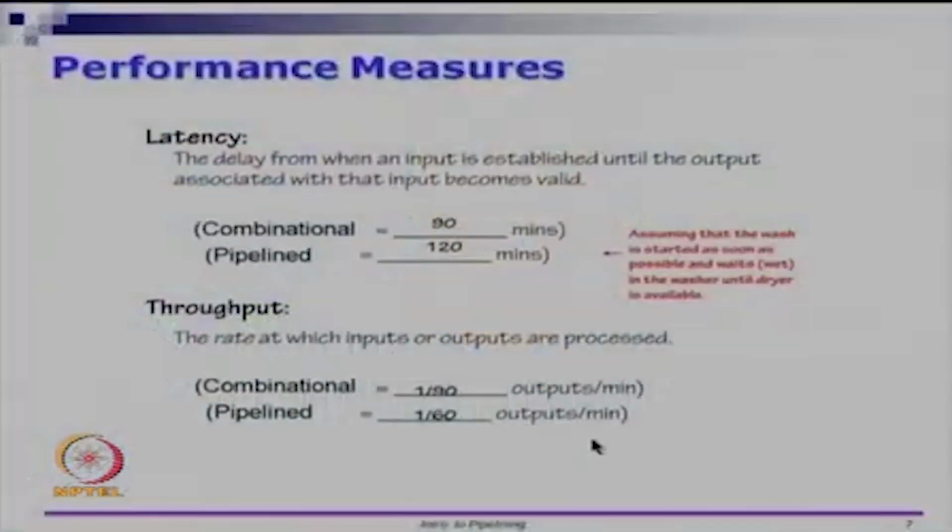So, let us look at this. For the combinational setup, once every 90 minutes you get an output. So, you wash and you dry, and once every 90 minutes you get a load, right. So, the combinational throughput is 1 over 90 outputs per minute. So, on a per minute basis, 1 by 90 loads are getting done in every minute, right. So, even though it takes 90 minutes to produce the first load, just like measurement, it is just a rate, right. So, the rate at which the loads are processed is 1 over 90 outputs per minute,